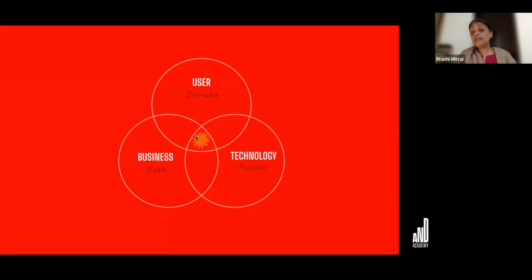So UX operates in this sweet spot in the center, where something that you're creating is desirable for the user, it is feasible, I have technology to make it, it is viable. So that increasing the length of the platform was not a viable solution,